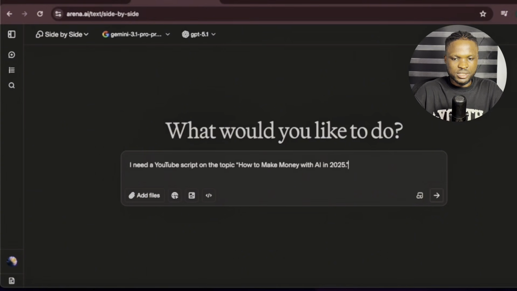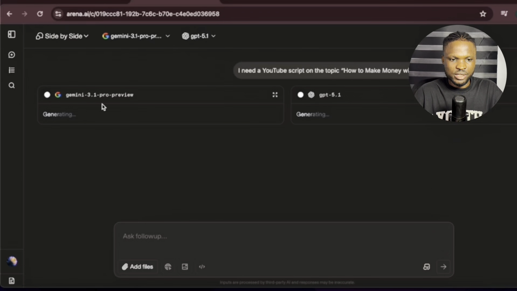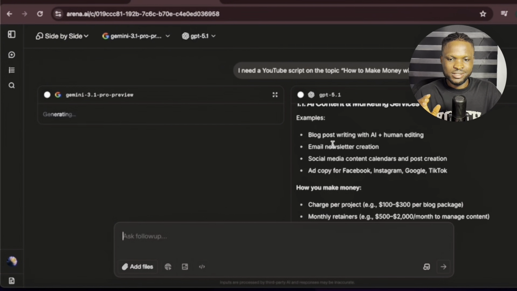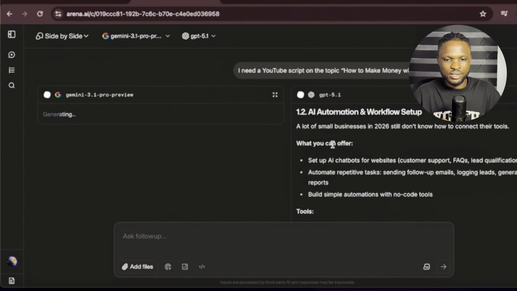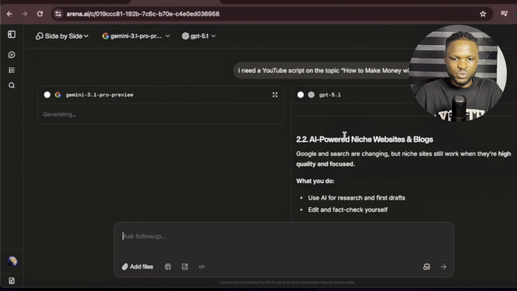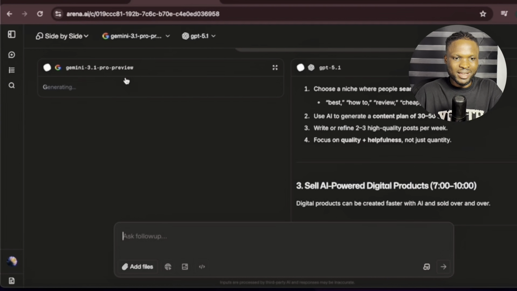Let's go ahead and paste the same prompt here. So basically now we already know we are testing Gemini 3.1 Pro versus GPT 5.1. So I'm just going to go ahead and run it right here, and you can see the result is going to come out on both sides. So you can go ahead and check the result and see which of the AI models actually gave you what you want. So you can see GPT 5.1 started generating, and you can see Gemini 3.1 Pro preview is still